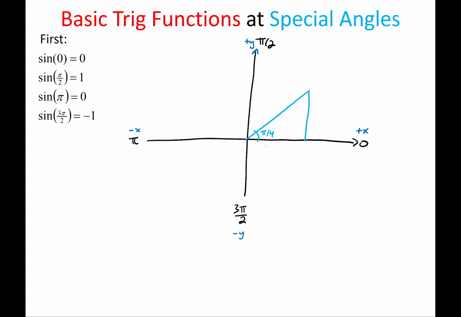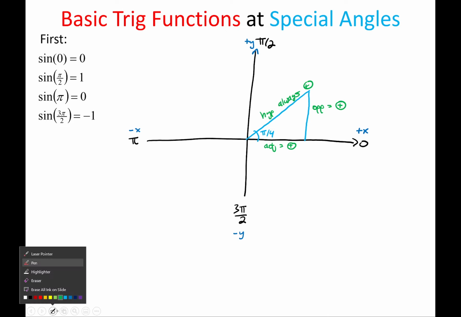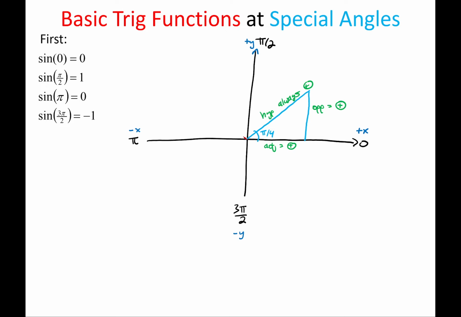This is the adjacent, which is positive because it's in the positive x direction. The opposite is positive because it's the positive y direction. And the hypotenuse is always positive. So that's the convention we're going to use. The hypotenuse is always positive, but the opposite and the adjacent can be negative or positive depending on whether the opposite is pointing in the positive or negative y direction and whether the adjacent is pointing in the positive or negative x direction. So if I draw a triangle on the left, say up here,